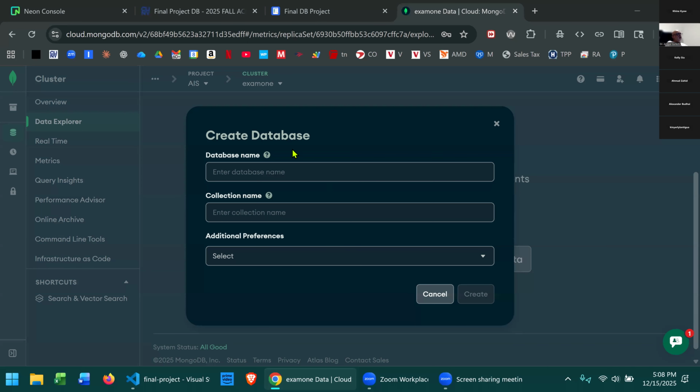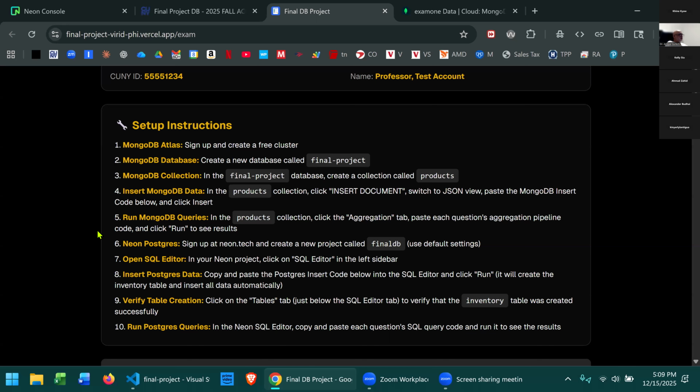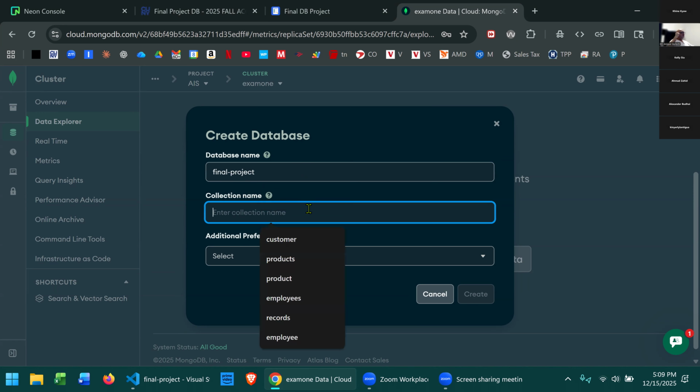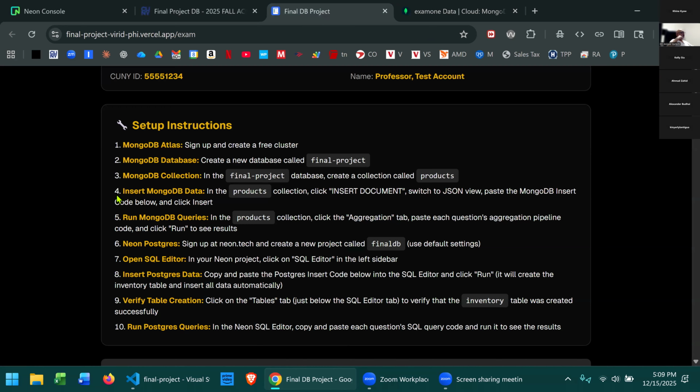I'm going to be creating a database. You will be creating something like this. So I want you to look at the instructions. So create a new database called final project. So I need you to create a new database called final-project. Then look at the instructions. It tells you